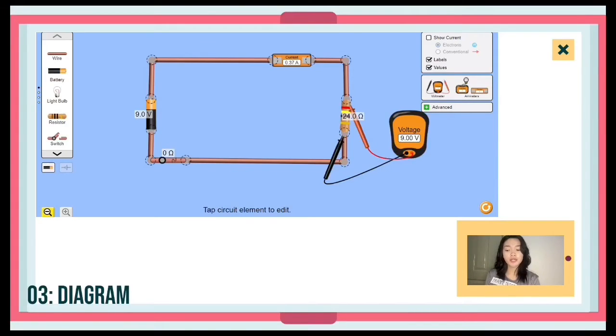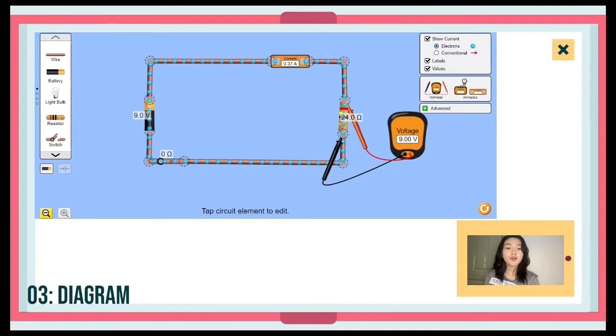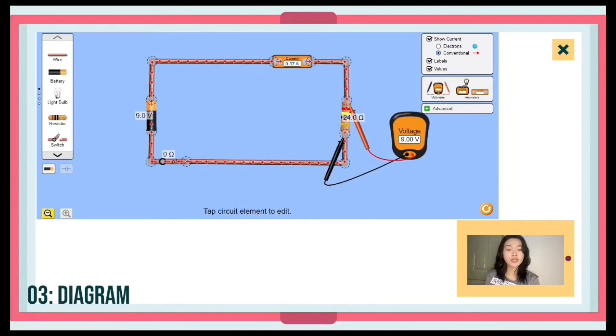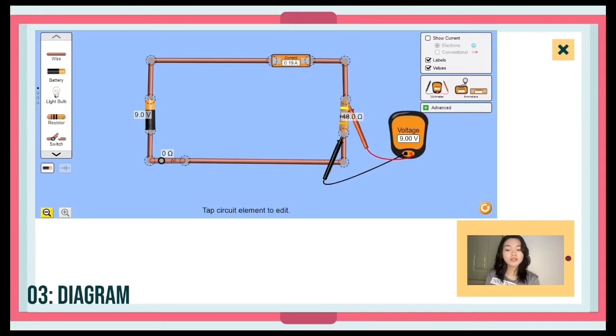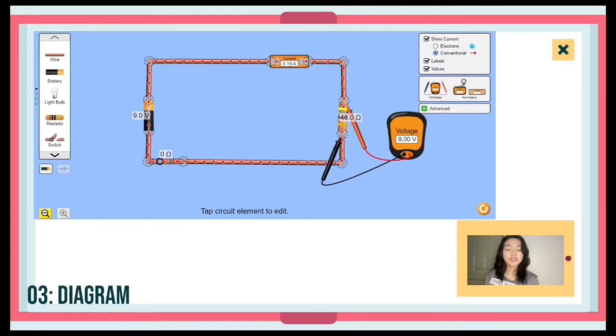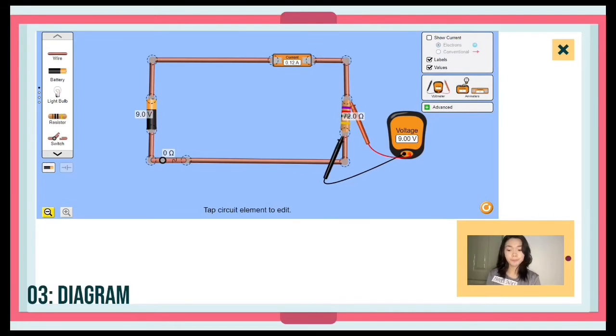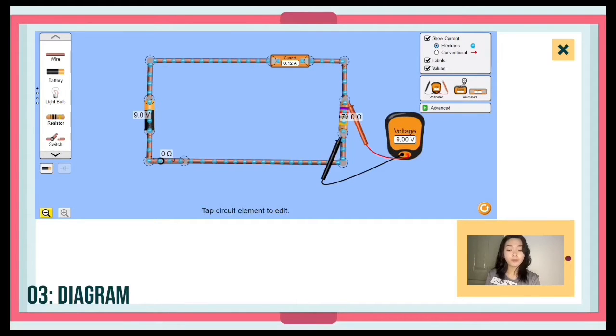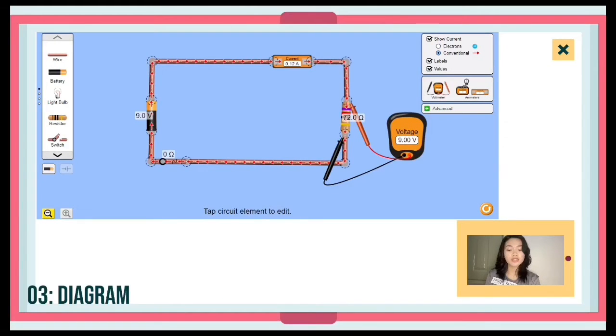In first trial, the resistance is 24 ohm, the experimental voltage is 9.0 volts, and the experimental current is 0.37 ampere. In second trial, the resistance is 48 ohm, the experimental voltage is 9.0 volts, and the experimental current is 0.19 ampere. In third trial, the resistance is 72 ohm, the experimental voltage is 9.0 volts, and the experimental current